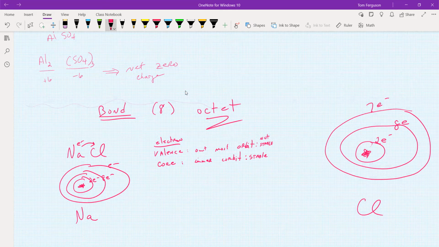So the reason why chlorine likes 1 electron is why? It is an odd number, but that's not the reason it wants 1 though. Yeah, 8. Right, that's what you're going to say, right? Yeah, so